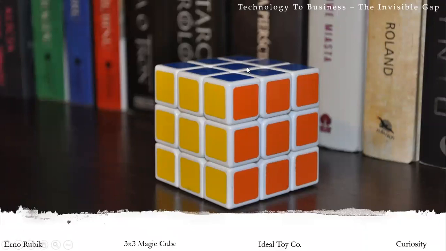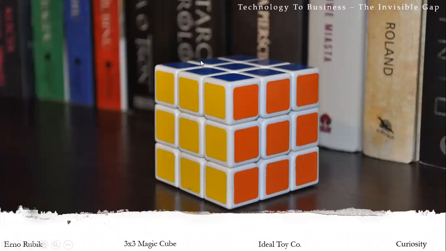So obviously I saw this and I wanted to just try it. I was curious about that, so I took it up as a favorite pastime. It took me around 9 months to solve it. Erno Rubik took 1 month to solve it. It took me 9 months. I'm not comparing, but yeah. So when I'm looking at this, this cube is probably still one of the best gifts people give to anybody, to kids, right?